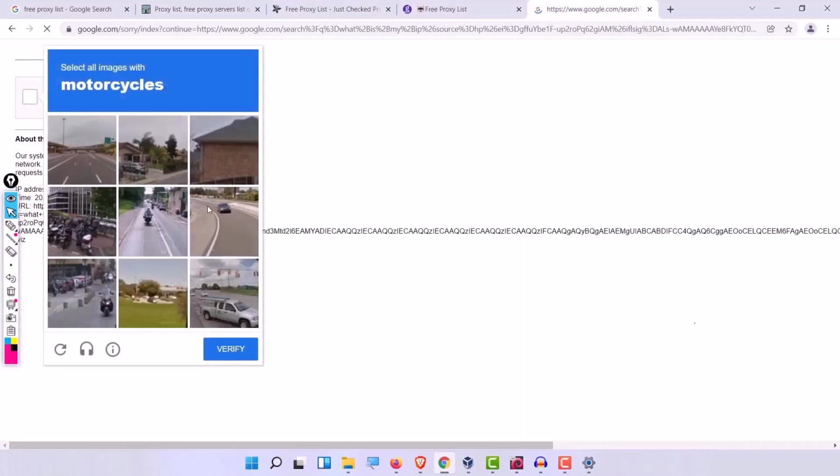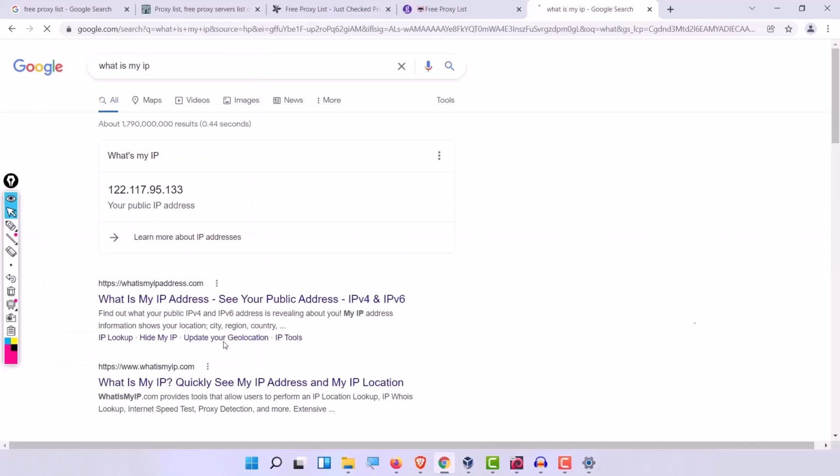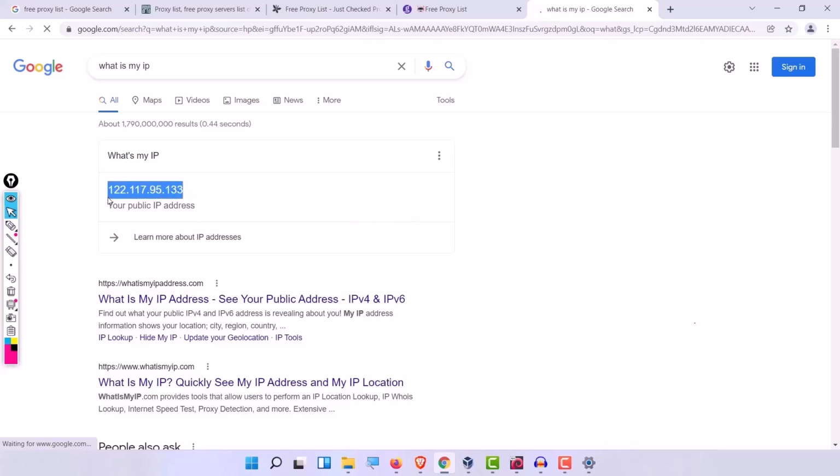I'm not a robot. This is a very big task. Well, as you can see, now my public IP is 122.117.95.133. So I am using a proxy server from Taiwan, and I should take a chance by trusting this server. And this is how you set up a proxy server in Windows. Similarly, you can set up a proxy server in Linux as well. But as said, proxy servers do not encrypt the data, and if someone approaches the owner of this proxy server, he may reveal my original IP address if he actually maintains the logs.